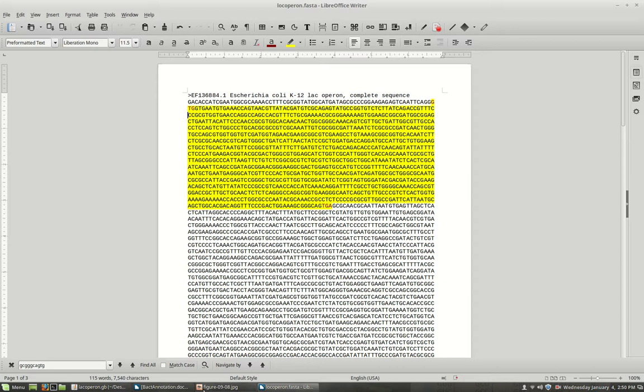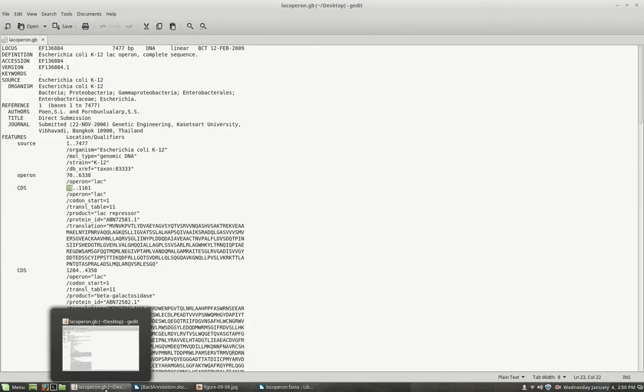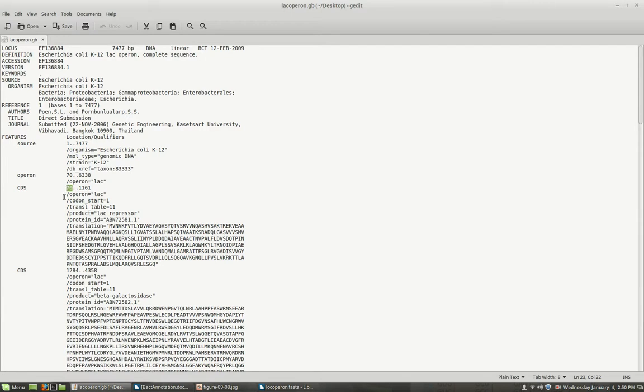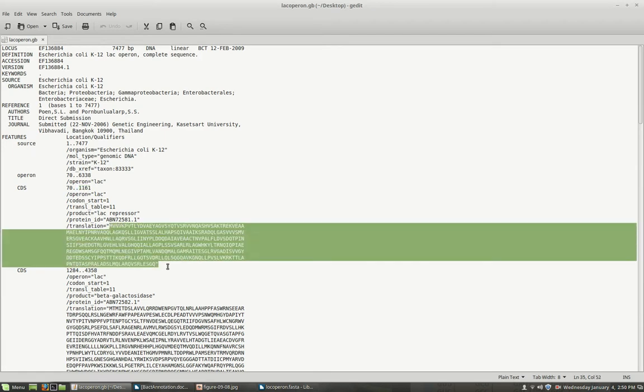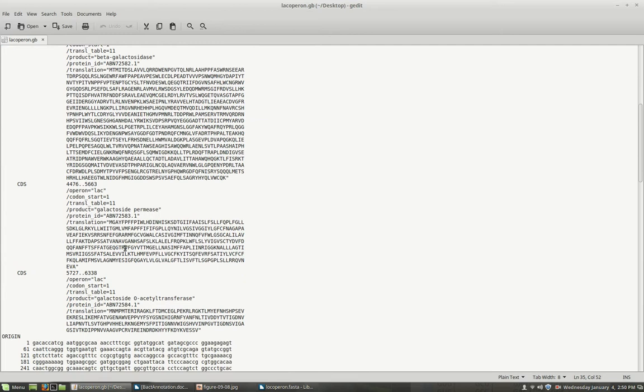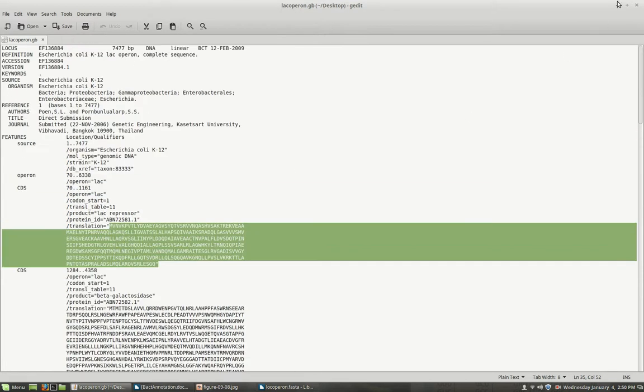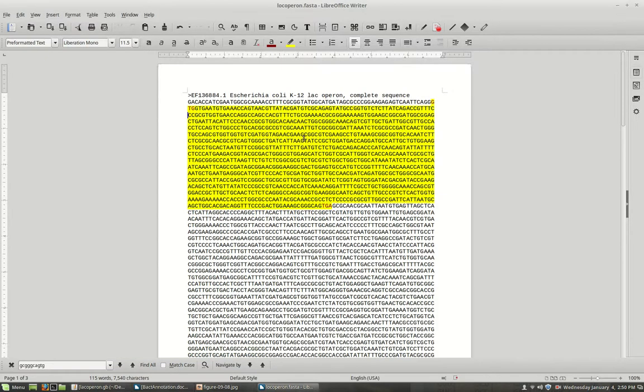And so what I've done, I've taken the GenBank file, and I've used the fact that it starts at 70, it tells us this, and ends at 1161. That's the region that codes for this particular protein, which is what I'm going to help you annotate here. You're going to have to do in the assignment the other 3 proteins here. So I'm going to look for